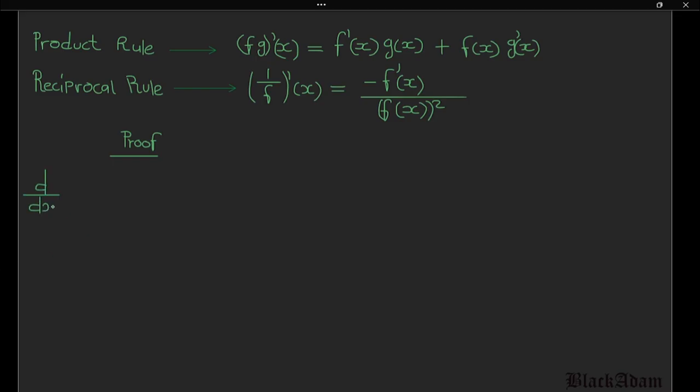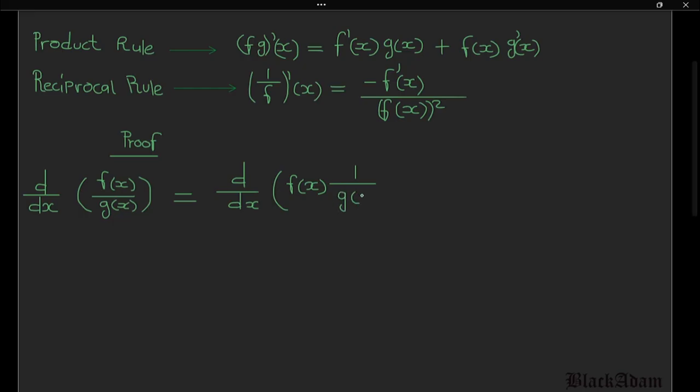When we have d/dx of f(x) over g(x), those are the quotient of two functions actually. And then we have to rewrite that as the function f multiplied by the inverse of the function g. So now we have the product, and also one of the functions as the inverse. So that would mean that we have